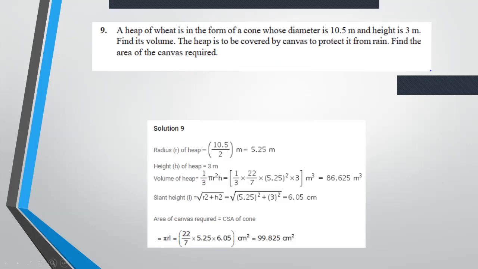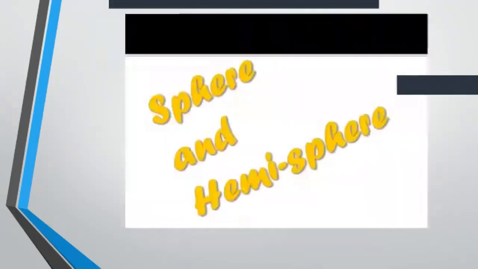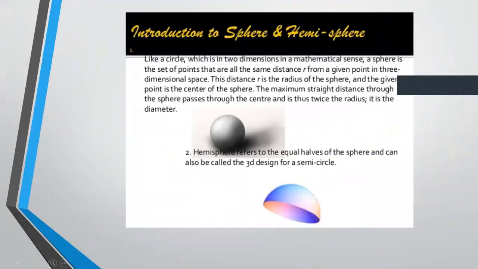That's perfectly okay. Now we are completed with the volume of a cone also. So what we are going to do in the next session would be spheres and hemispheres. But as usual, let's start a bit on this because again, it is very simple and based on formulas. Now, as you know, a sphere is nothing but like a circle, the 3D look of that, having the same radius r. It can be divided into two equal semicircles if it's cut across the diameter. So they are known as hemispheres.